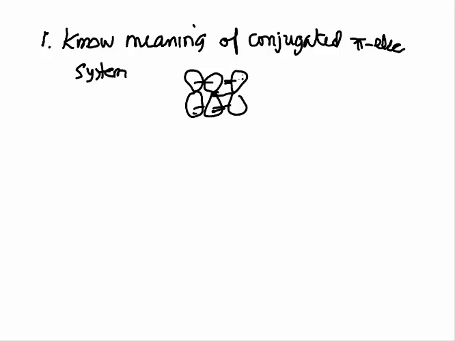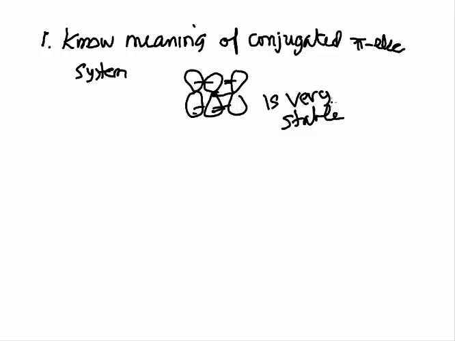And understand, too, then, that if you have a conjugated pi-electron system, this is very stable, largely due to just the delocalization of electrons in the system. Now, there are other factors that contribute to that stability, and I have commented on that in this video lecture, but maybe this can come out in the discussion board. So anyway, knowing the meaning of a conjugated pi-electron system and that it has enhanced stability,